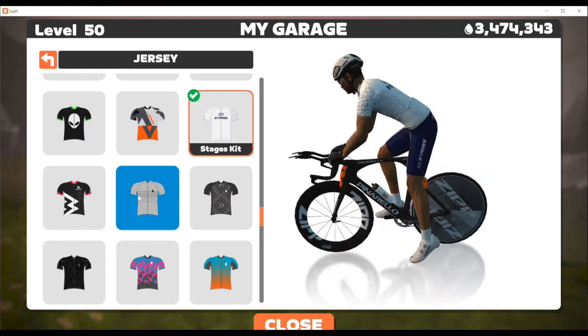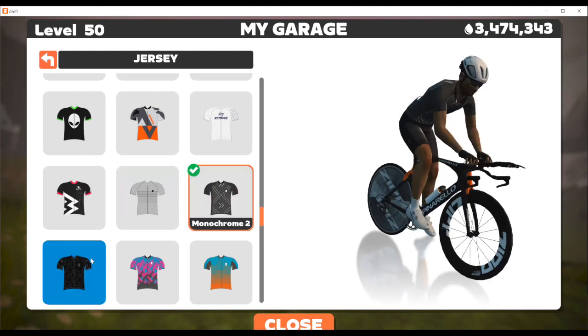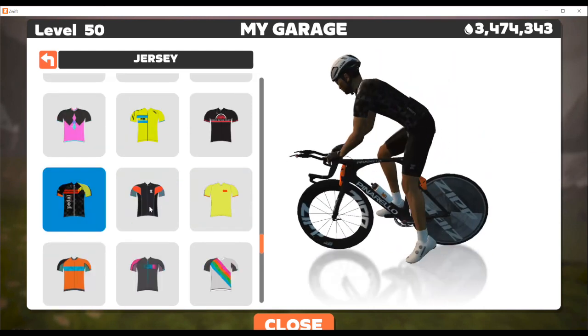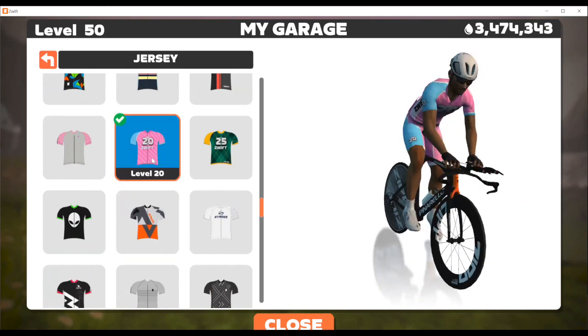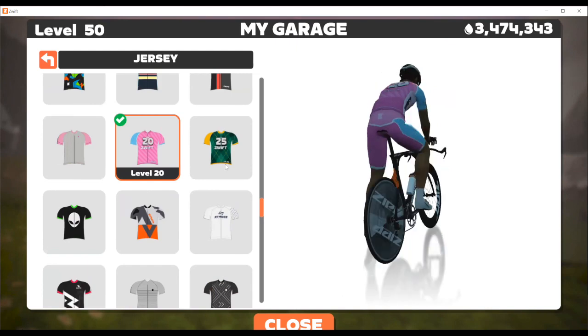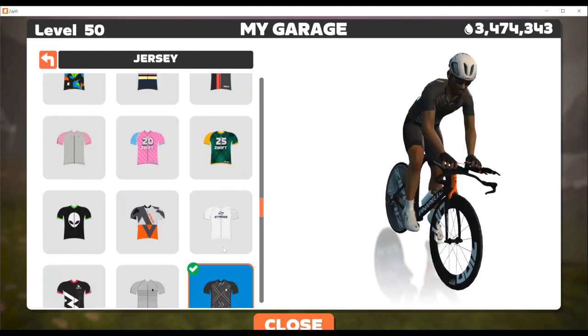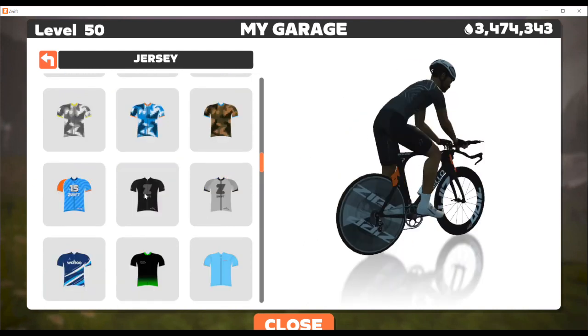There are different kits that you'll receive when you reach certain levels. I think one of these is when you ride a century inside of Zwift, they'll give it to you. When you get to level 20, they'll give you a kit, level 25, you have one also, different colors, different adventures that you go through.